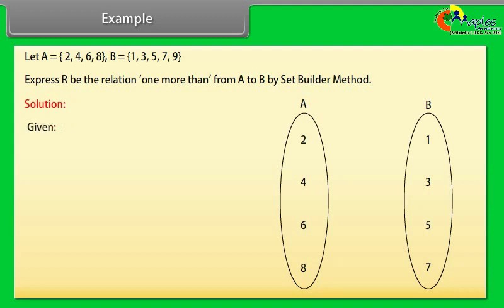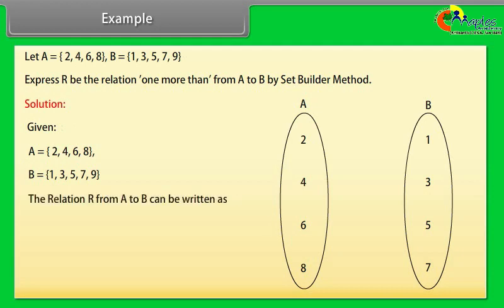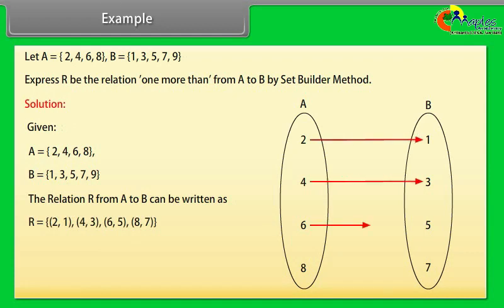Solution: given A = {2, 4, 6, 8}, B = {1, 3, 5, 7, 9}. The relation R from A to B can be written as R = {(2, 1), (4, 3), (6, 5),